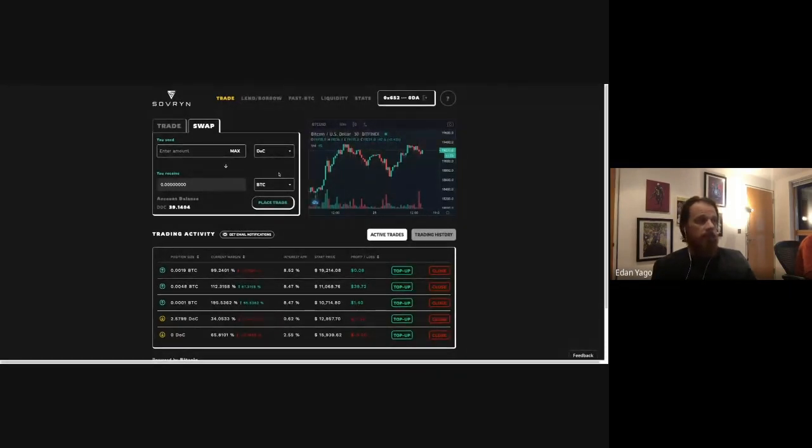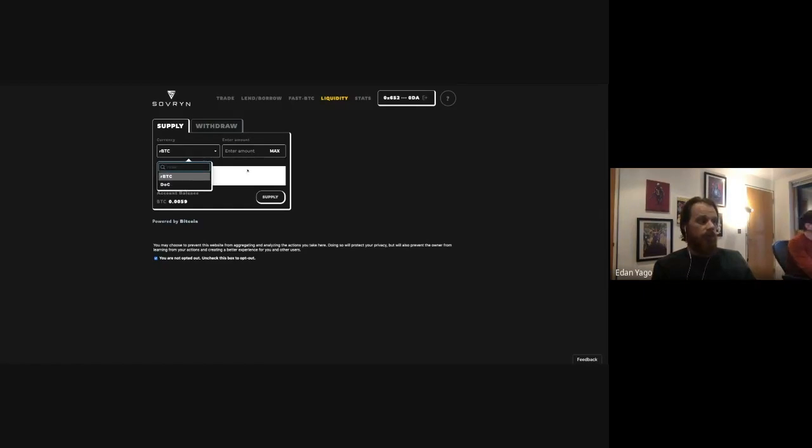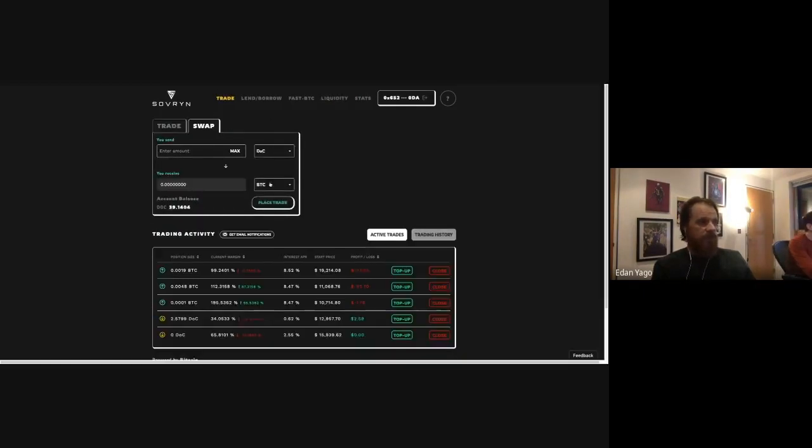This is an AMM, similar in some ways to RSK swap, but it has several key differentiators. One, it is based on an oracle. So it rebalances every single block to keep slippage low, to keep the possibility for impermanent loss low, and to reduce the costs of the transactions. In addition to that, if you go to liquidity, you can act as a market maker. You don't need to introduce both tokens. Whichever token you have, you can introduce, and the system is able to rebalance even if it receives asymmetrical funding to one side of the pair.